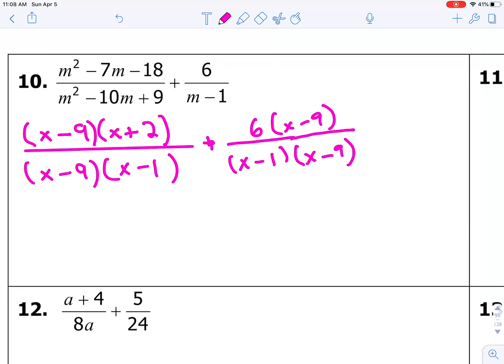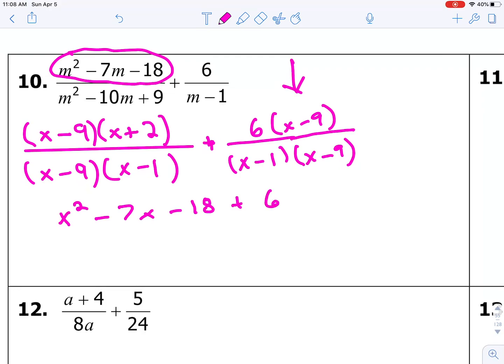So it's actually easier to look at it in this form, which is this thing FOILed. So on the numerator, I'm going to have x squared minus 7x minus 18 plus this stuff, which I'm going to now distribute to 6x minus 54, all over